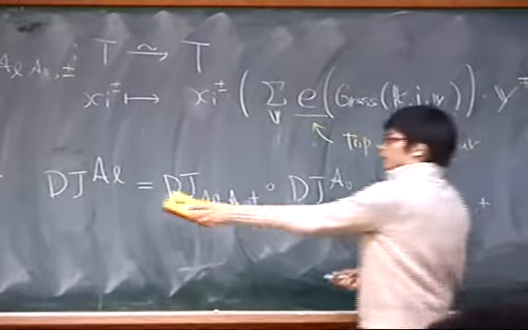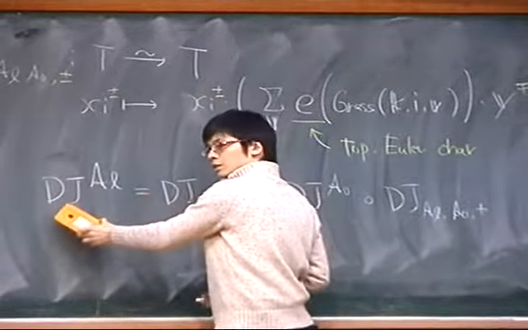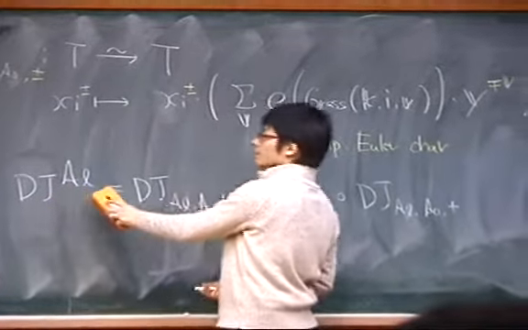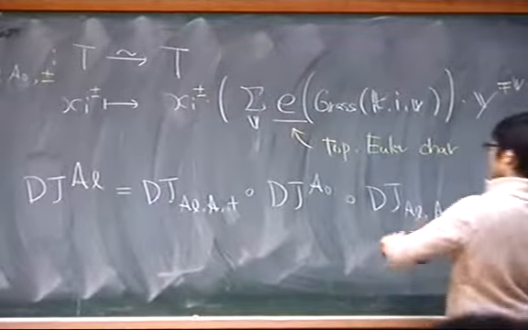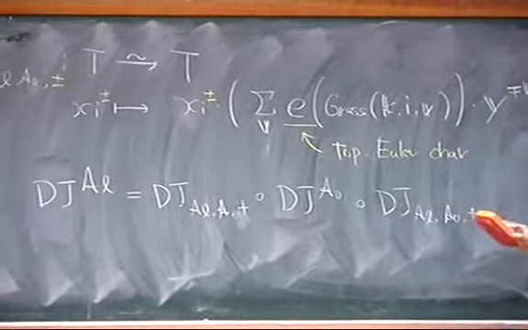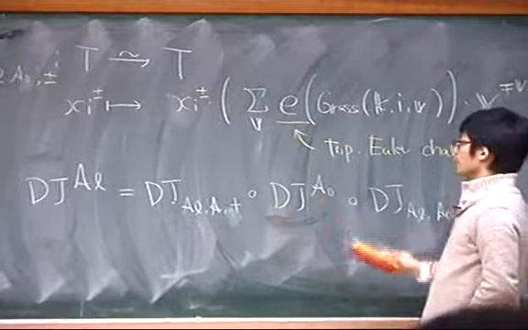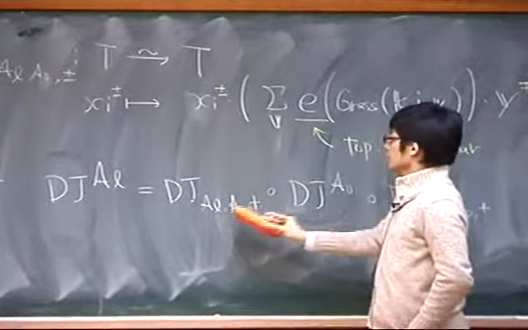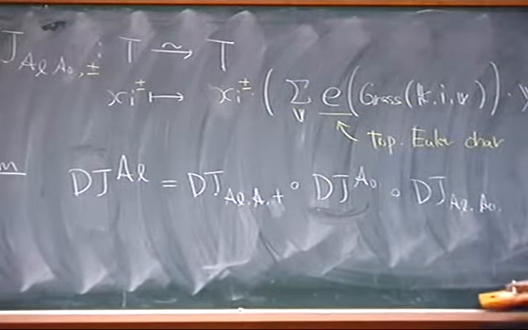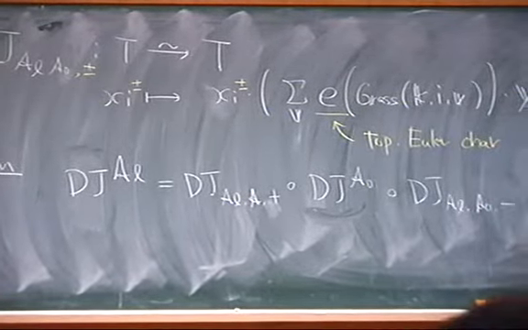And the DT invariant, so this is the torus automorphism containing the information of the DT invariant for AL, and this is given by the DT invariant for the original quiver and these two torus isomorphisms, given by,